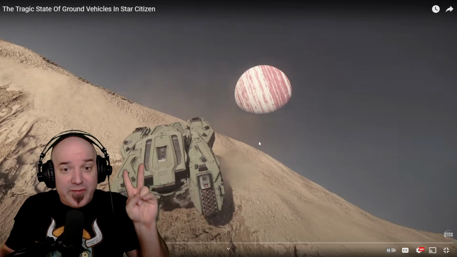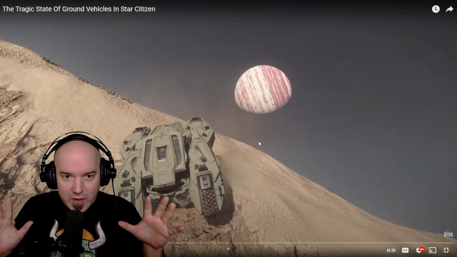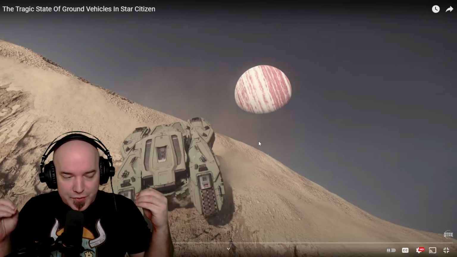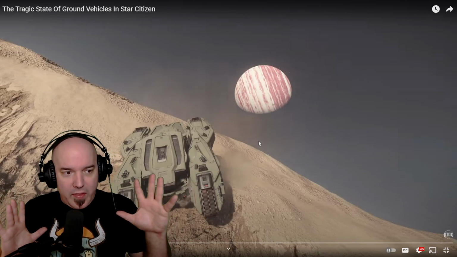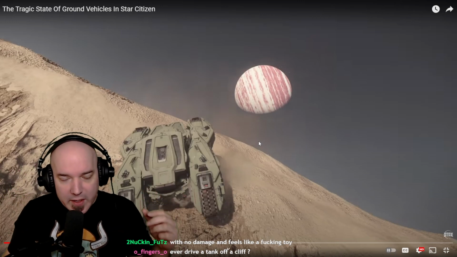Some of the physics we have now would be fine if they were very low gravity areas. But for Earth or terrestrial gravities, I don't want this. I want physical damage when things fall over, and not random